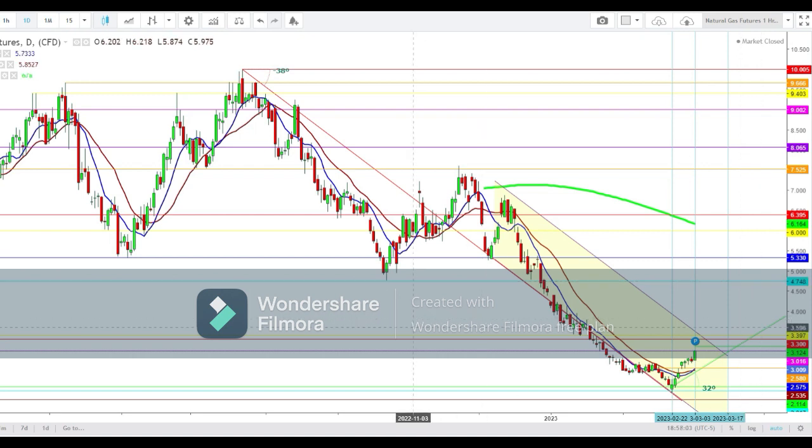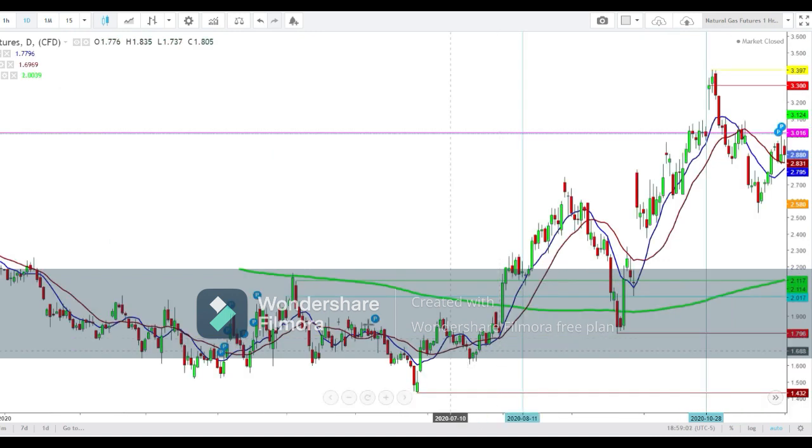So for understanding the behavior of natural gas at the levels of 3, we have to go back to when the natural gas futures were trading at the levels of 3. So friends, here you can see how the natural gas futures tested a multi-year low on June 26, 2020 at the levels of 1.432, and from here a strong reversal was seen when the natural gas futures found some resistance here at the levels of 2.740